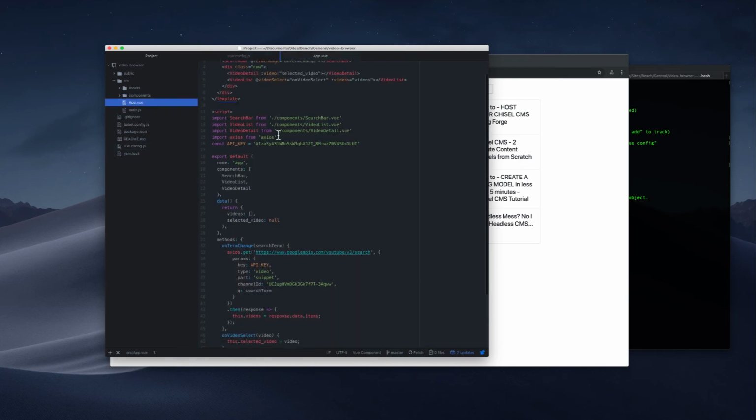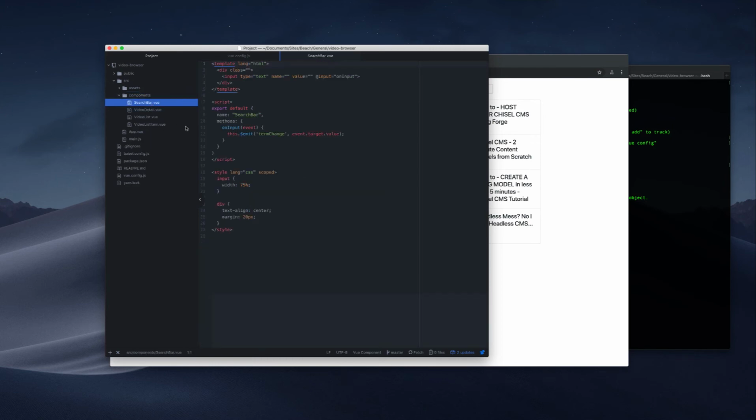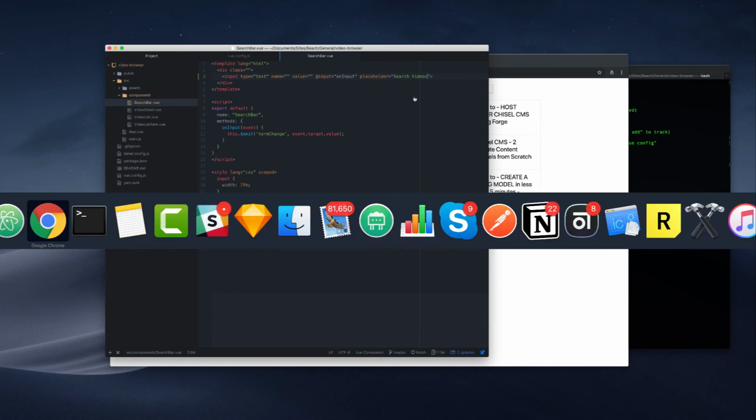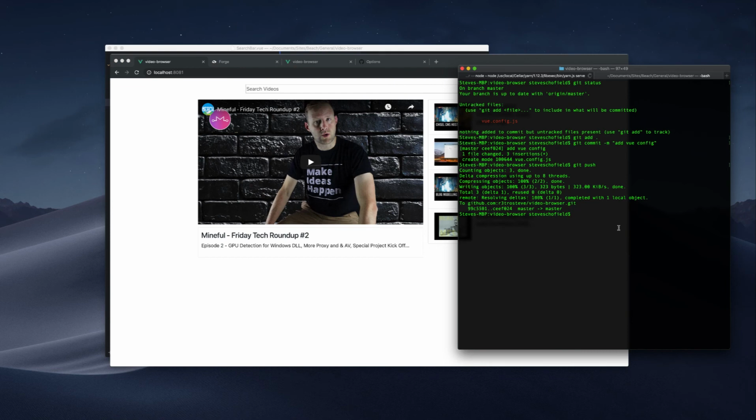Now what we want to do to complete this journey is make a change to our source code, which we'll do. I'm just going to add a placeholder in my input component. We'll just add some text into here. Search videos. And so you can see if I go back to my local dev environment, hot reload has put that into the input. So we're going to git add, git commit,